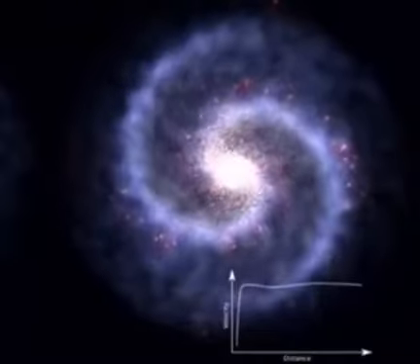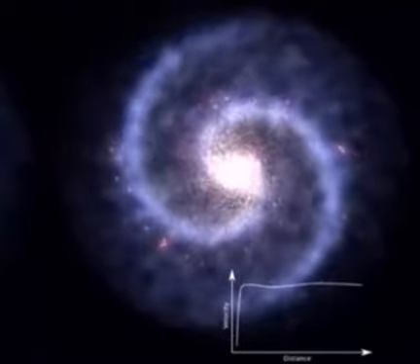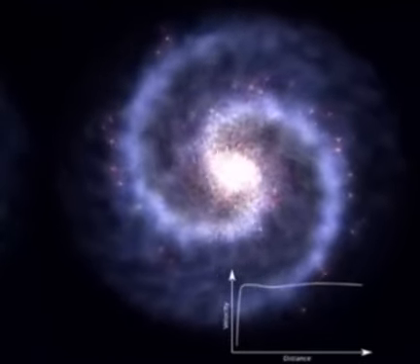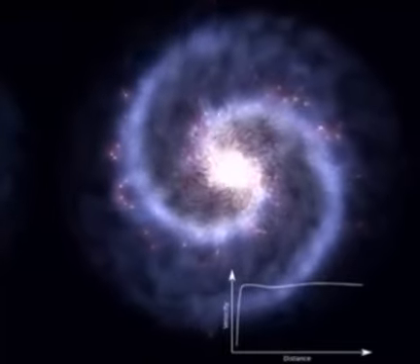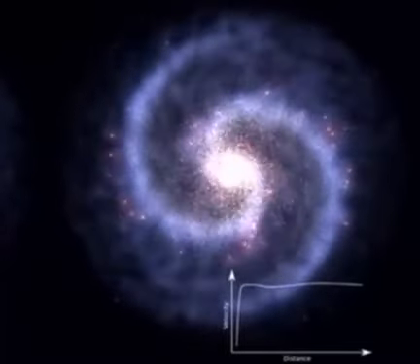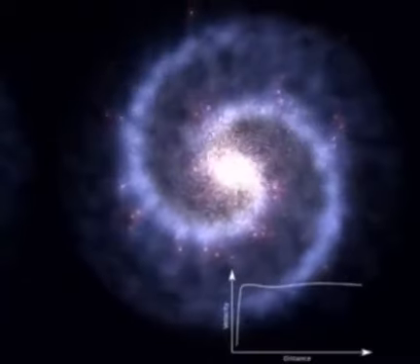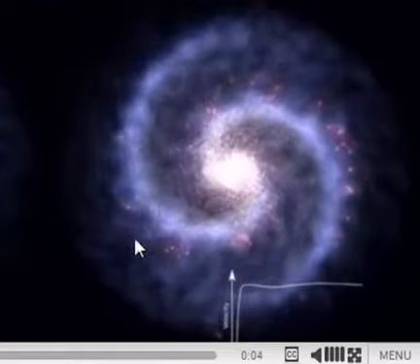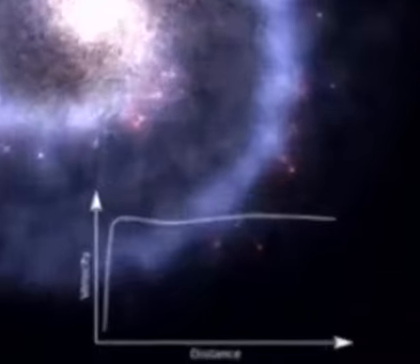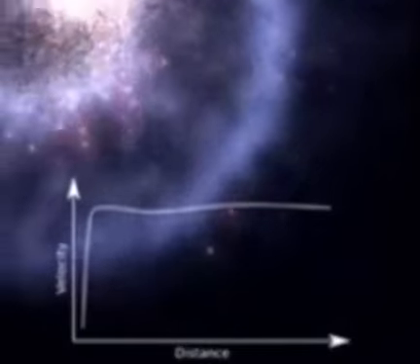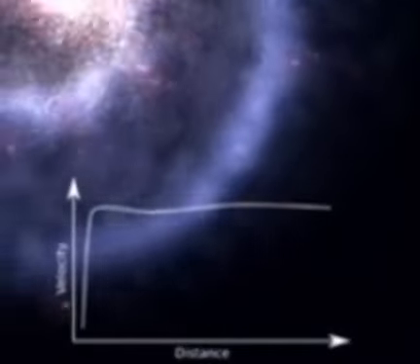In reality, though, that's not what we observe. We observe that the whole galaxy appears to be rotating at a roughly constant speed, so that even the parts of the galaxy that are far from the center are orbiting just as fast as the parts that are near the center. Let's look at that again. Right, so we see here these guys on the outside are moving pretty fast, just like the stuff on the inside. And that's represented by this graph here showing the velocity is roughly a constant throughout that whole galaxy, even as you get further away.